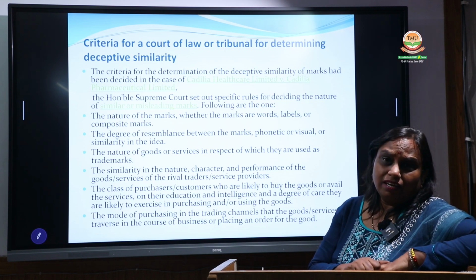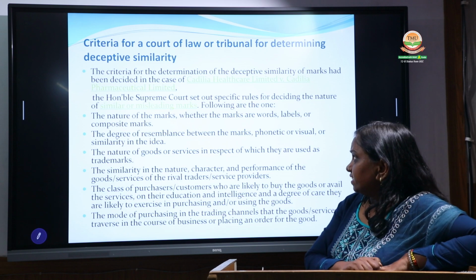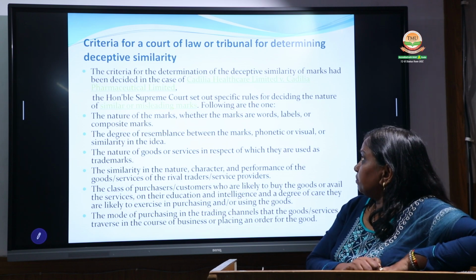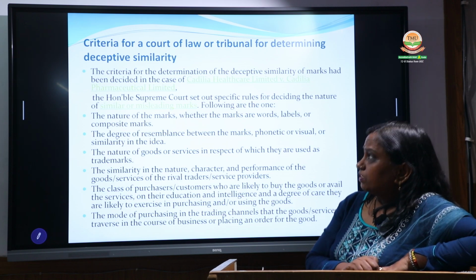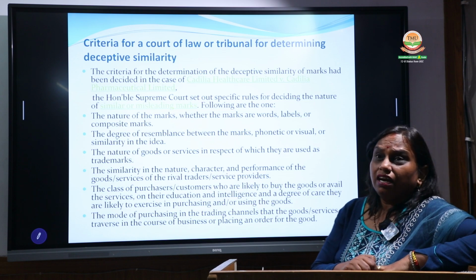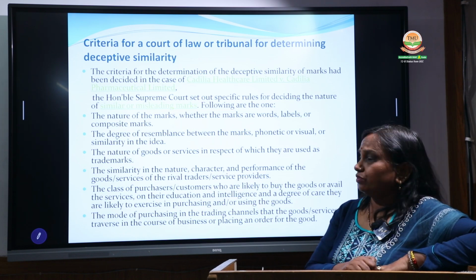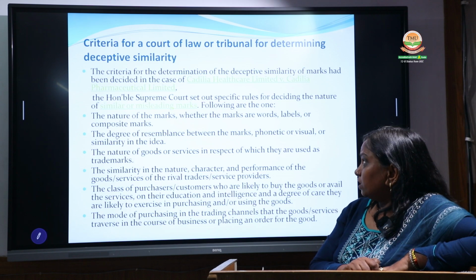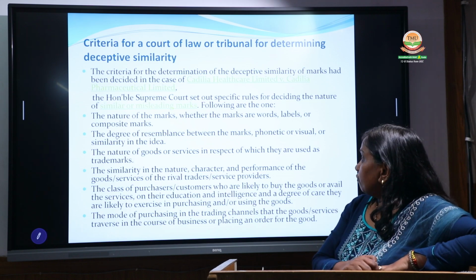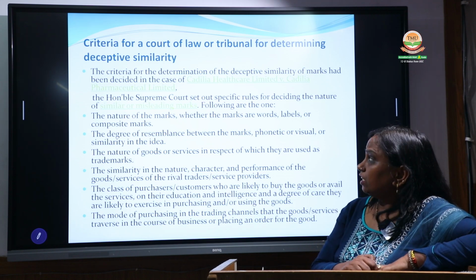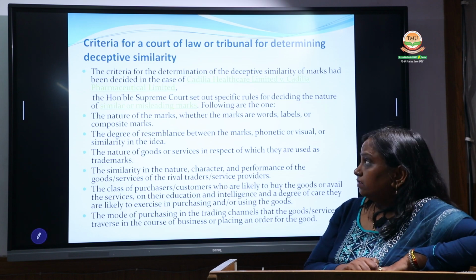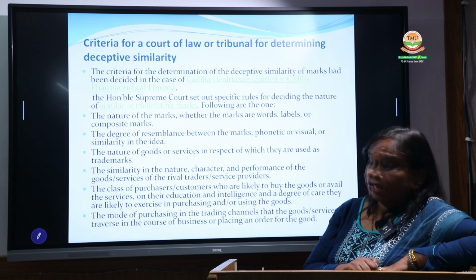A very landmark case is Cadila Healthcare Limited versus Cadila Pharmaceutical Limited. To understand this, the Supreme Court has laid down certain rules for deciding the nature of similar or misleading marks, and these can be